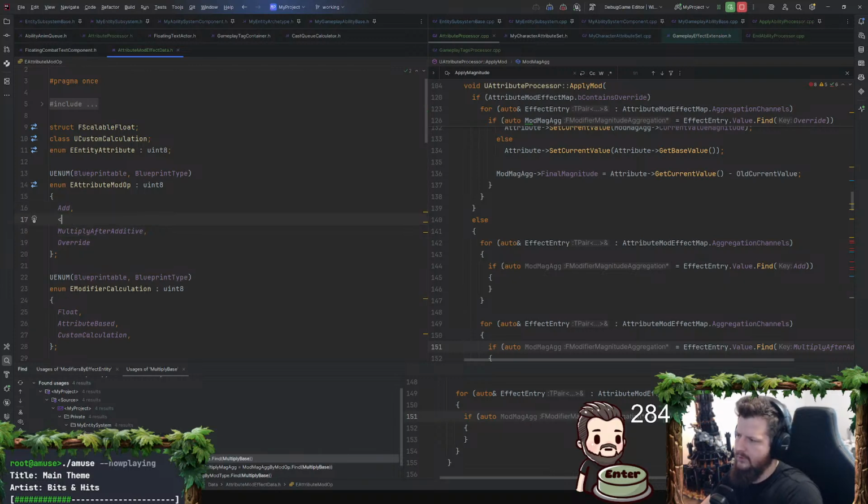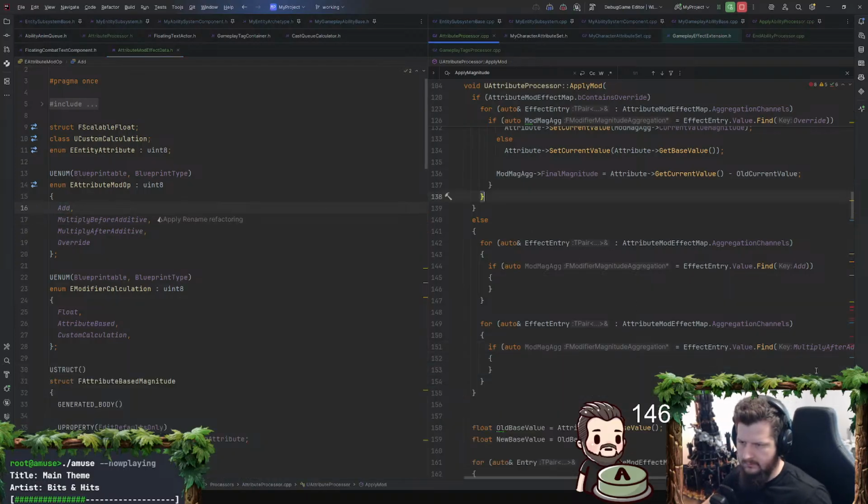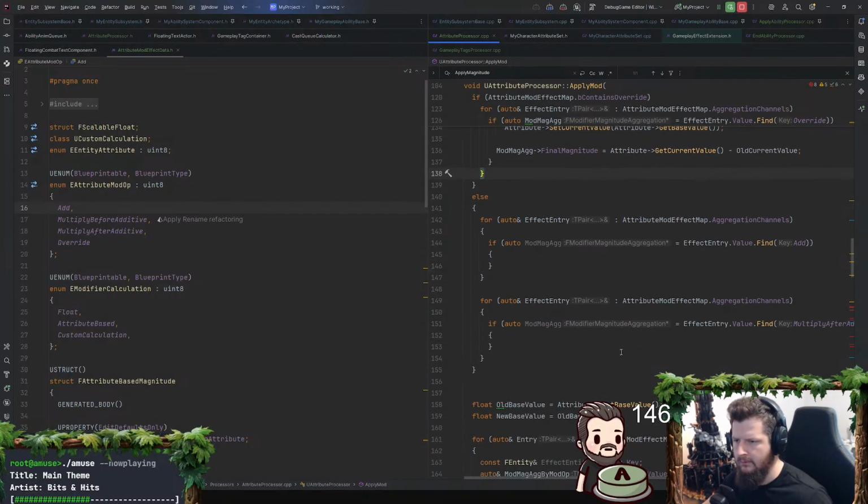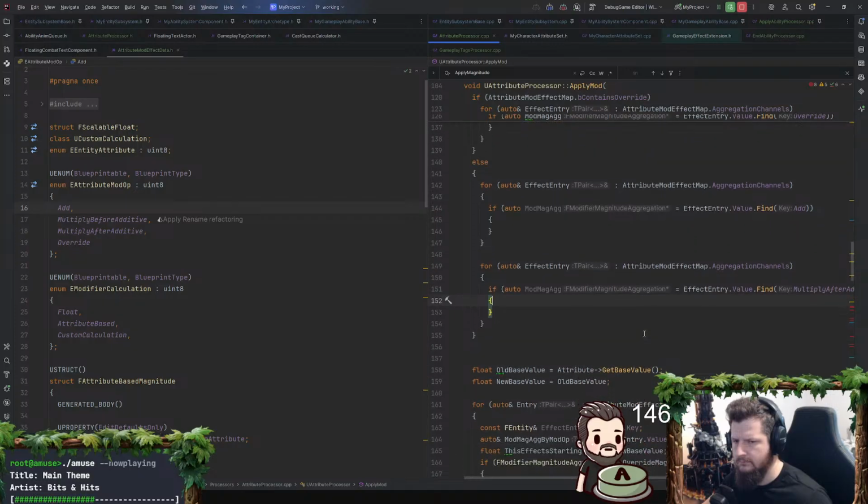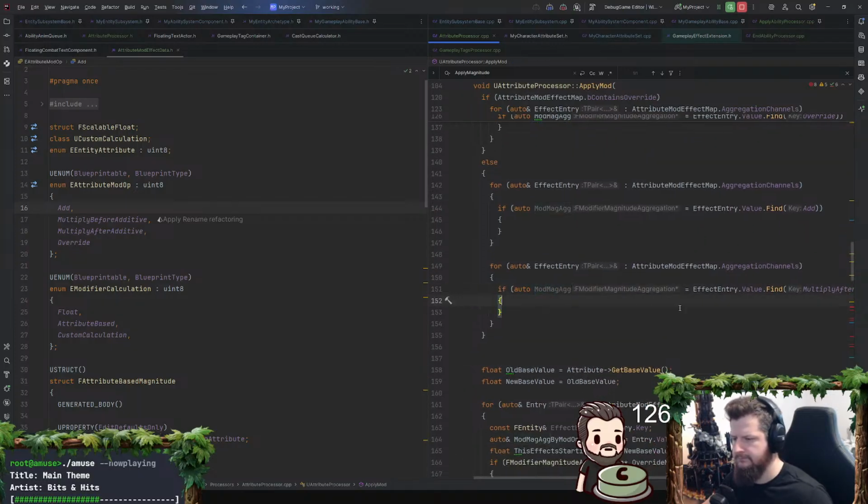And I'll have one for multiply. Multiply before additive. Mod mag ag.